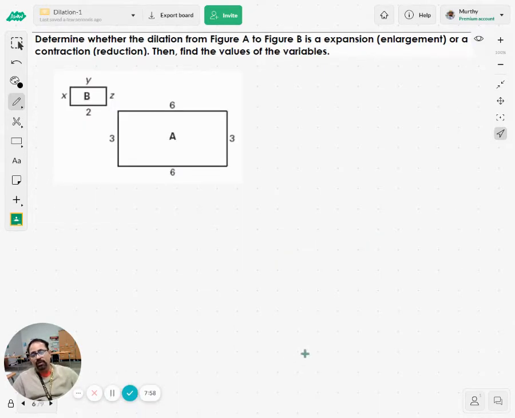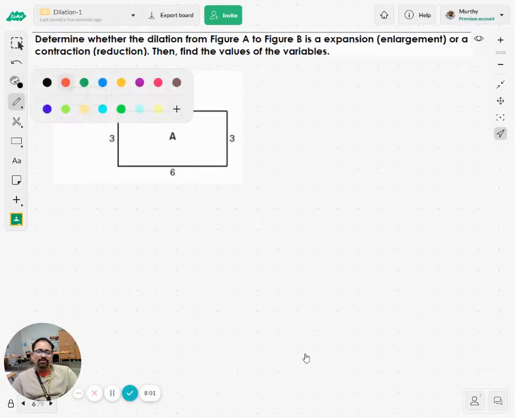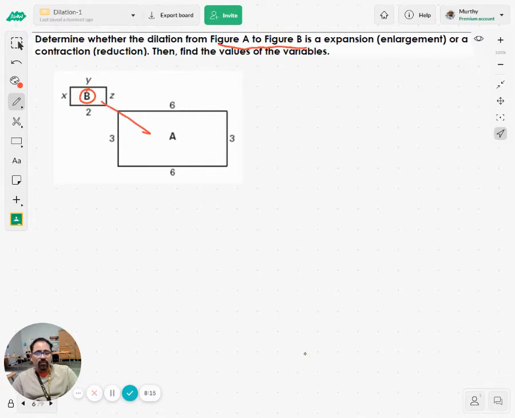Another example here. This is always a little tricky because the question says to determine whether the dilation from A to B is an enlargement or a reduction. In the first instance, I thought this is enlarged, but it is not true because we have to take from A to B, not from B to A. So A is here, and for A to B I see that the size is reduced. Therefore, this is the case of